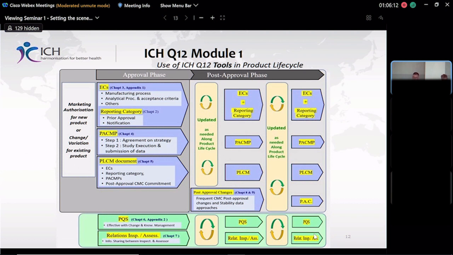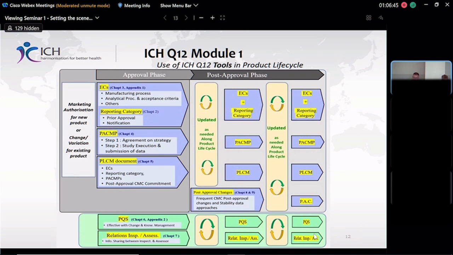So yeah, as I said, it's a busy slide. It shows the different tools which we're going to talk about over the next hour. We're going to talk about established conditions and reporting categories, post-approval change management protocols, product lifecycle management document, and how these are used initially in the initial approval of the CMC part of a medicinal product, and then in post-approval, how we manage the product lifecycle, how we mitigate the risk of these changes that a manufacturer can make during